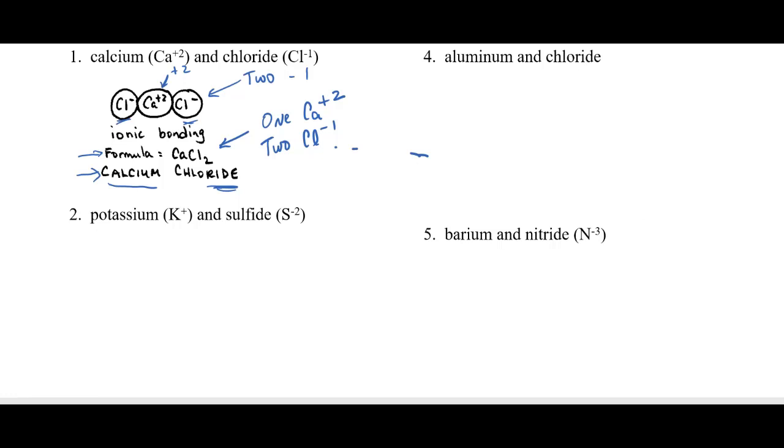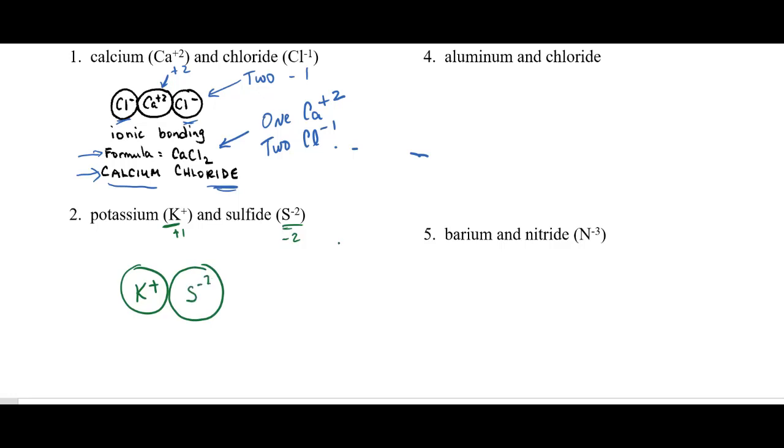Now we're looking at the second one. It is potassium, K+, that's a +1. Sulfide is a -2. Picture comes first. I am drawing a K with a +1. If it's +1, you'd usually just write plus. Sulfide